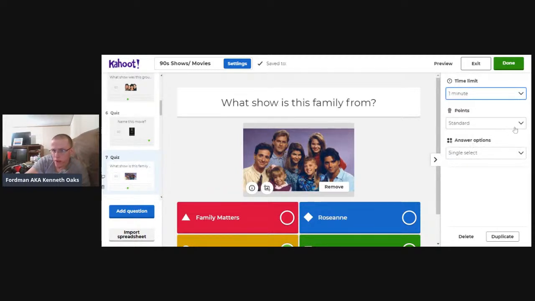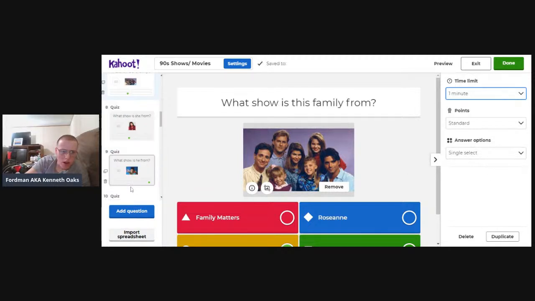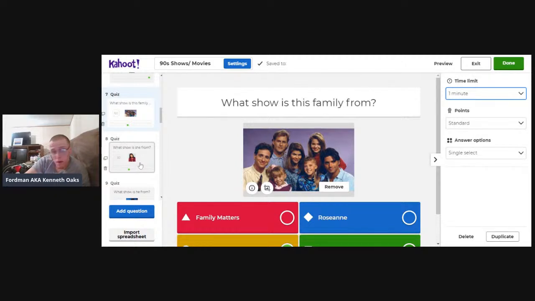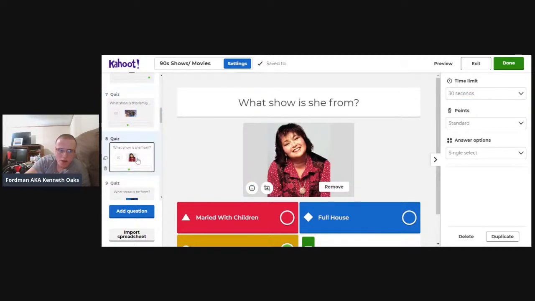And of course, you want to leave your points as standard. Now I do recommend, when you play Kahoot, having a second device, because if you try to watch and play on the same device,